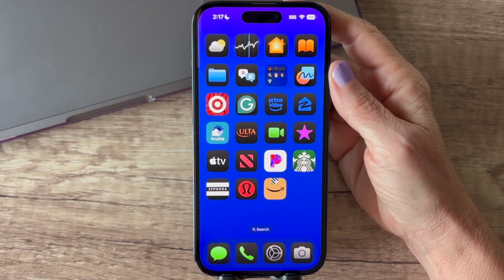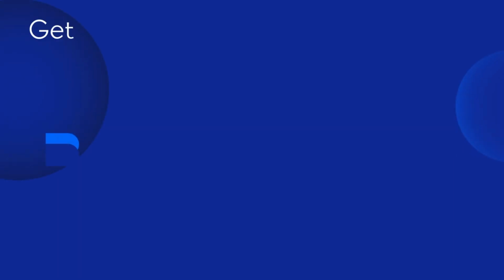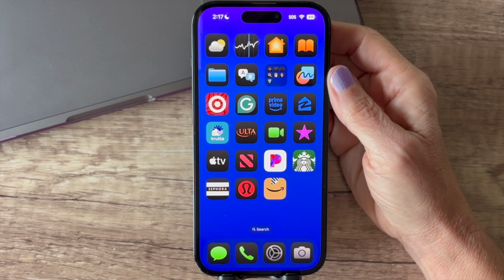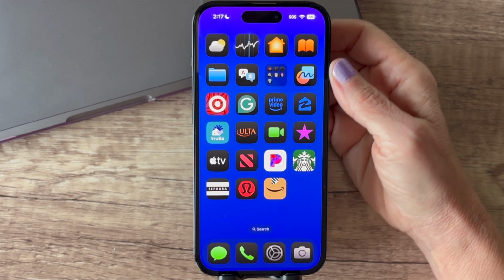First, make sure you have the Amazon app installed on your phone or iPad. If you don't have it yet, you can download it from the App Store or the Google Play Store. I showed you how to download apps in a previous video, so I'll put a link to that at the end. Once it's installed, open the app